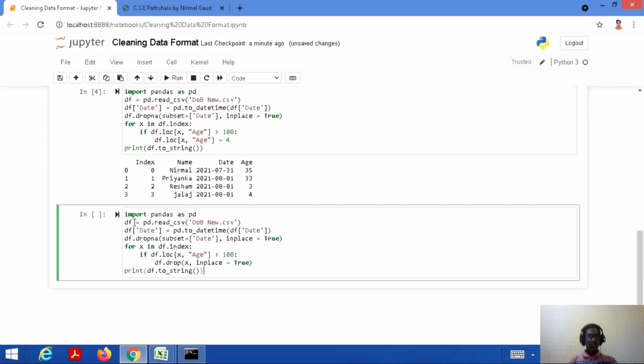Alright, so here it is. import pandas as pd. df = pd.read_csv dob new.csv. That means we are reading the dob new csv file. Then we are converting the date into dates format with the help of the method to_datetime. And then we are dropping the value of date if any of the cell is consisting of a null value.